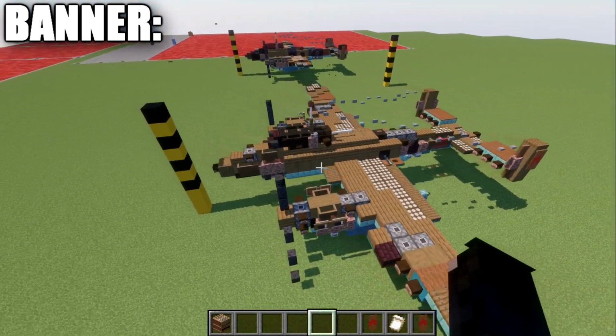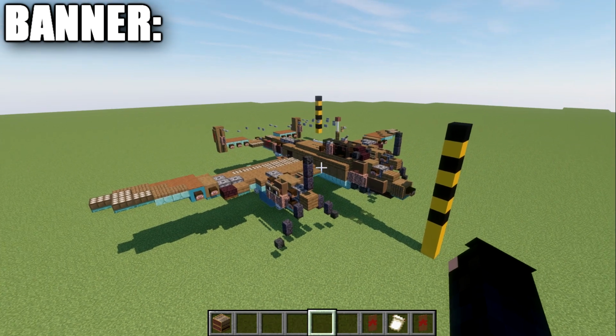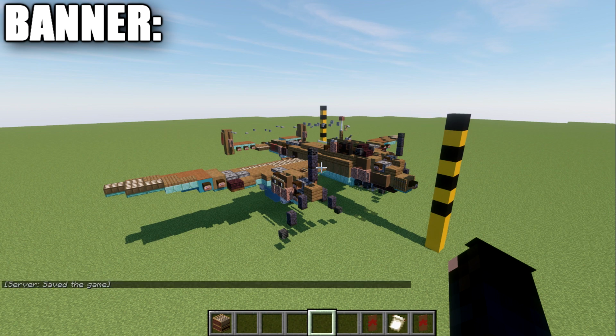Anyways, though, that is it for the banners, and that's it for the main build. At this point in time, I am going to cover the camouflage. This does actually look pretty good with the two-tone, with the brown and the light blue underbelly. But I will be showing you guys how to go about setting up the camouflage for this aircraft. So when it comes to the